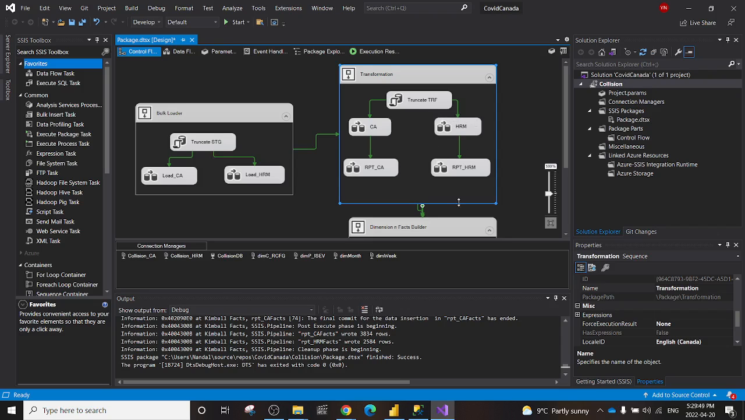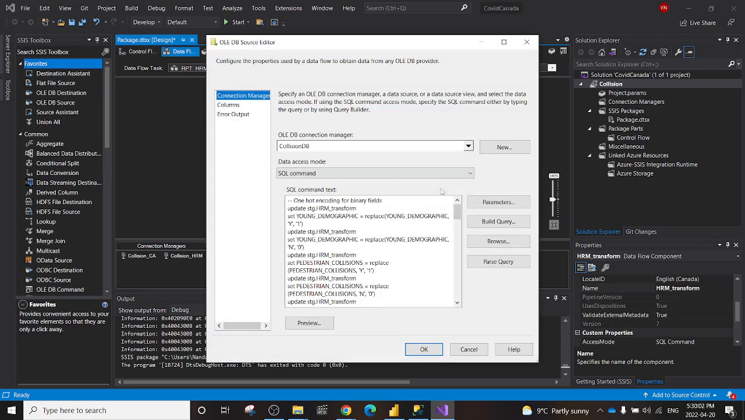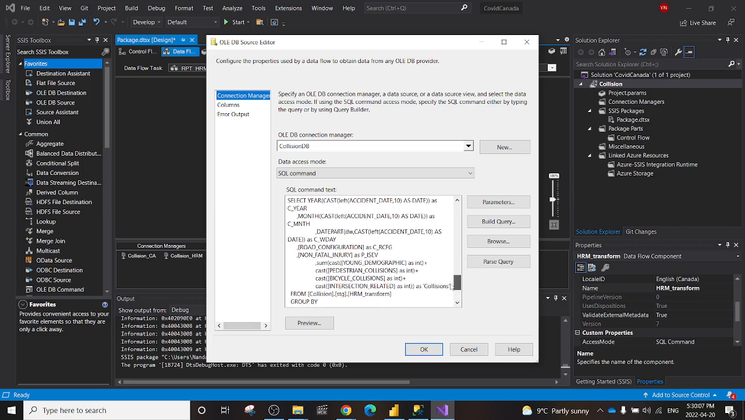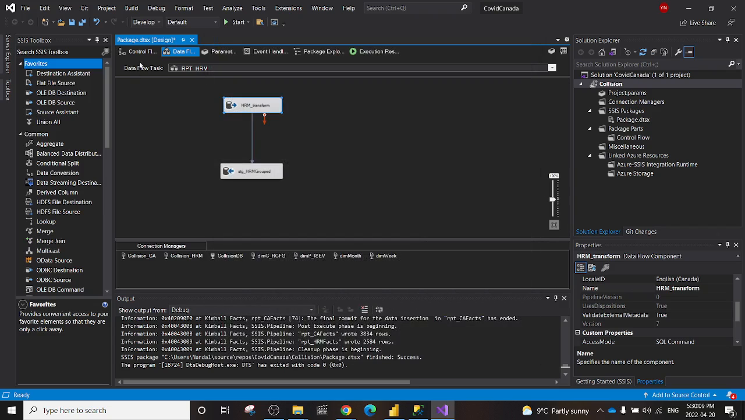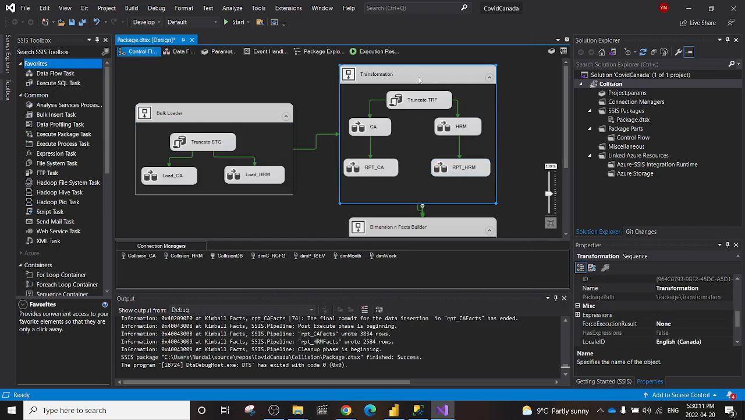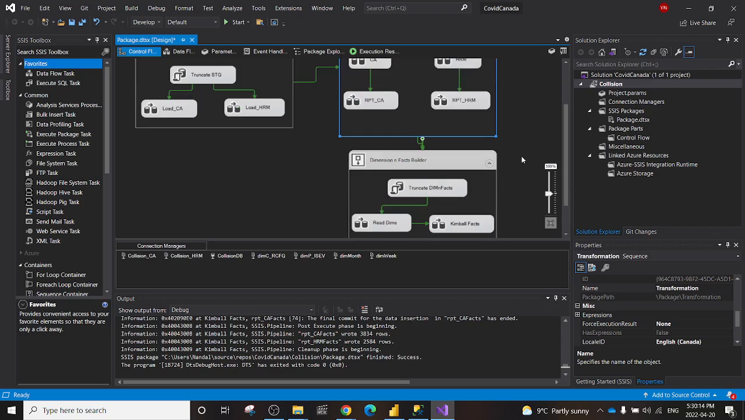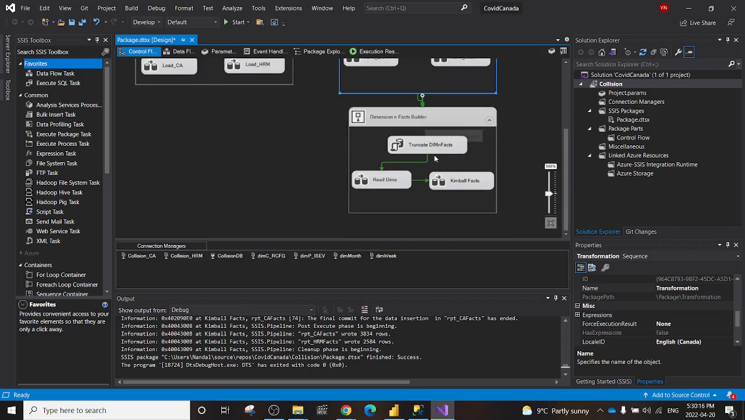This is where I try to remove fields, merge fields, and replace some values in order to make them as homogeneous as possible. Just as an example, if you see this query, this is a pretty big query that I wrote to make them homogeneous. After transformation, this is where I read in the dimensions and facts as per the Kimball